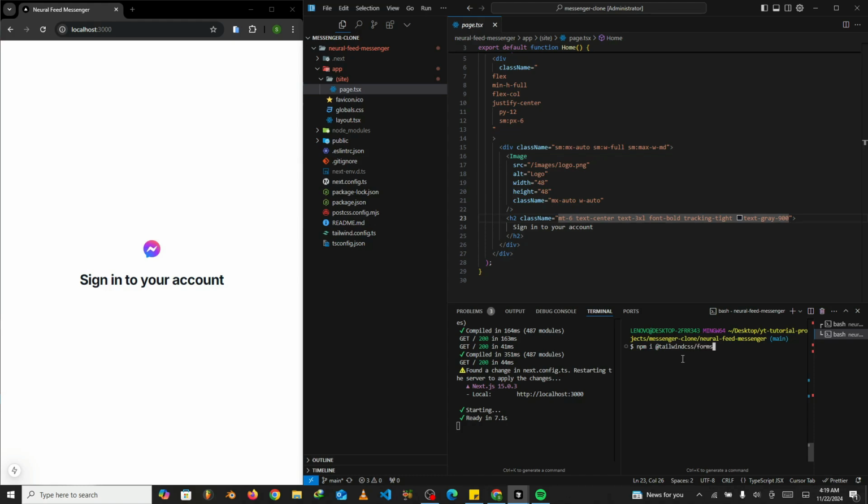@tailwindcss/forms, right? Then we just give some space, then we install clsx, then we also install react-icons. So react-icons. Then the last thing and the most important part is we need to install react-hook-form. All right,